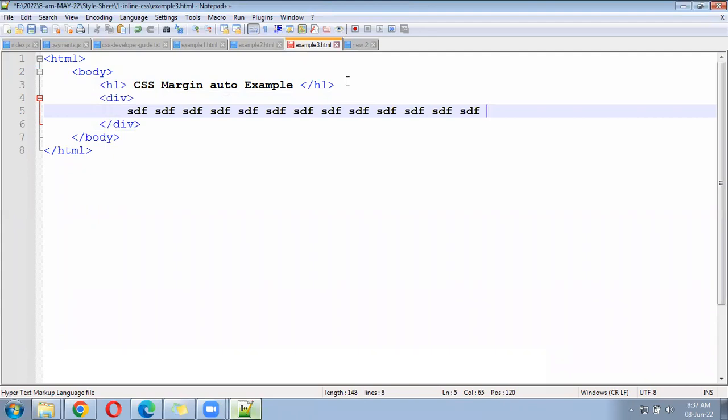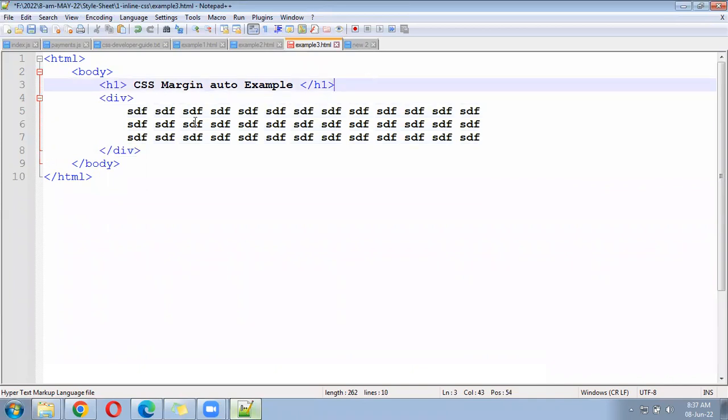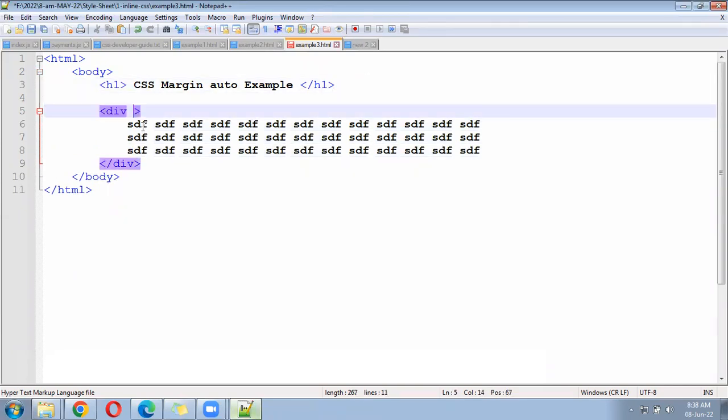Next, we can add 2-3 lines and go here and write the CSS now. A style equal to